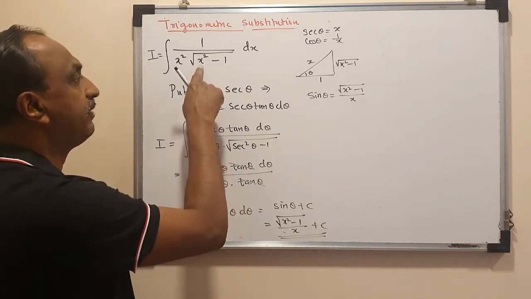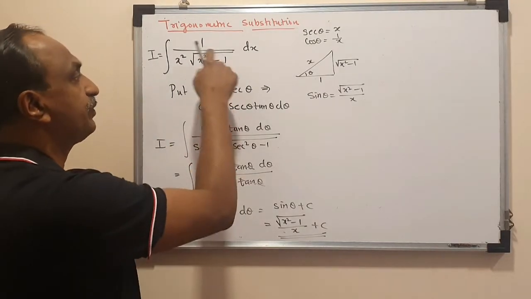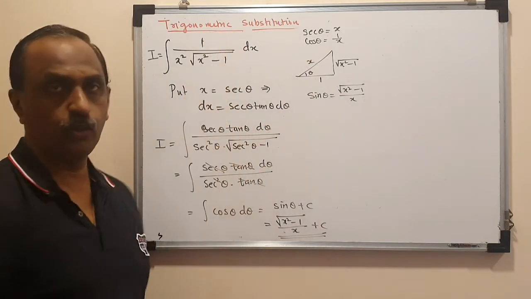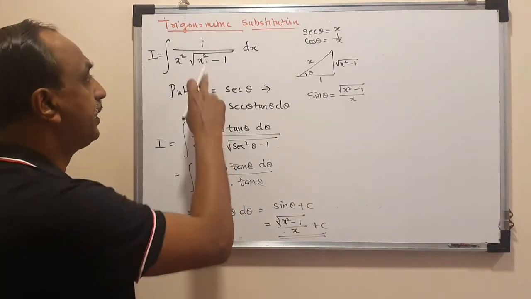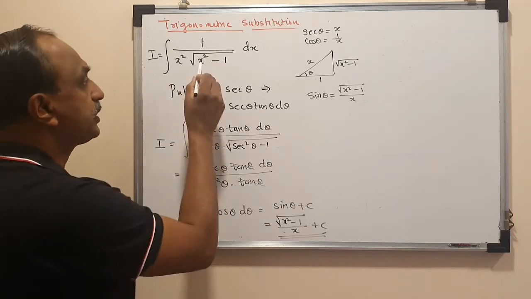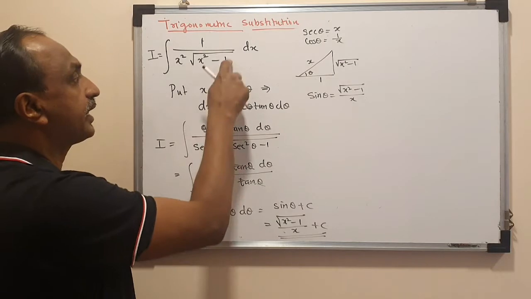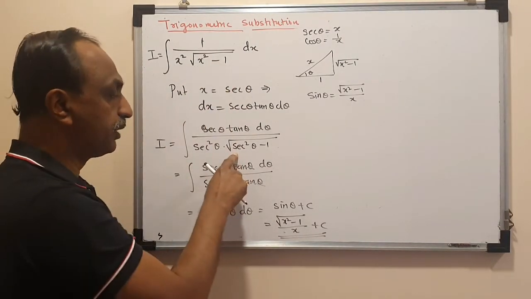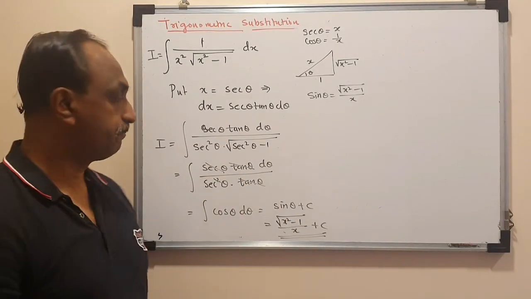So whenever we have a square root without the derivative of the term being present, if suppose x was there in the numerator, I could have substituted x square minus 1 as t or t square. But if the derivative is not present, we ask the question, which trigonometric ratio should I replace in place of x, so that I get a perfect square formula of trigonometry, so that the square root can be removed. And once the square root is removed, you can simplify and integrate.